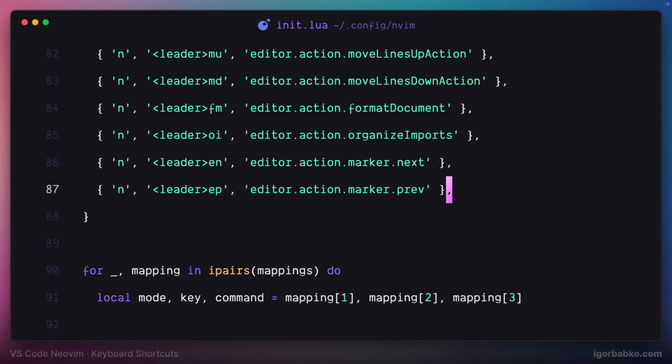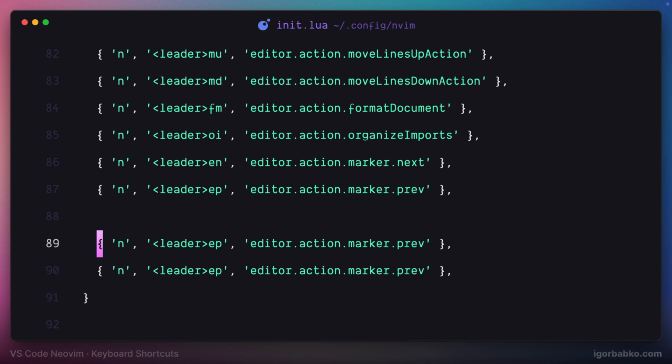Now when it comes to file and workspace management, we can also define a few keyboard shortcuts that will help us manage files. So to copy the path to the current file, I'm going to use space CP shortcut, and this is going to quickly copy the absolute path to this file, starting from the root of the operating system. And if I need to copy a path to the currently open file, starting from the project root, I'm going to use